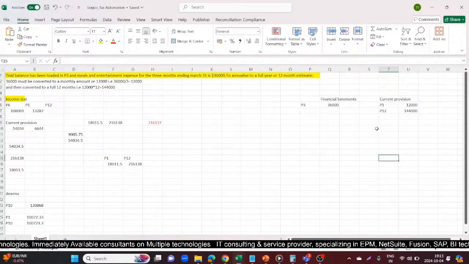In the current provision, this is followed as per the tax law, as per the company law. They have loaded 36,000, and they might have some expenses debited 36,000, but to annualize it, this is the logic: annually, income tax would allow you to charge that expense. So how to annualize that expense? This is the amount that you will see on your expense side. This is the annualize. Now deannualize is like